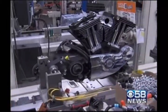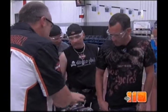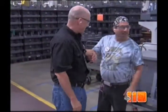We assemble the motors. Within our group, we have multiple jobs that we do. You have to know at least 6 jobs. It's the best opportunity that I've ever had in my life. The exuberance you'd expect, considering how so many believe in the Harley-Davidson brand. But the lack of tension in the atmosphere,